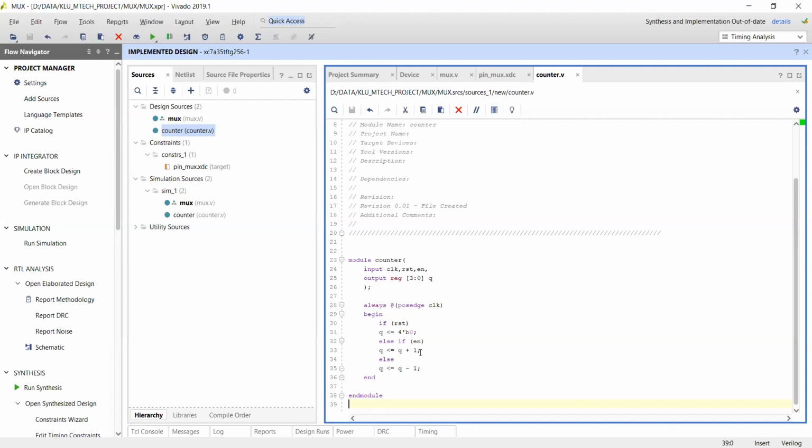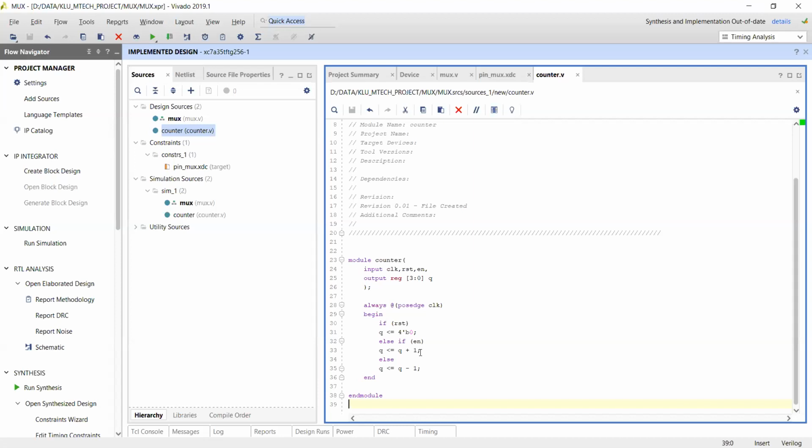And I went for the procedural block. Here I am declaring with every positive edge of the rising clock signal, the counter code. Because if your clock is running continuously, at the rising edge only the data changes.